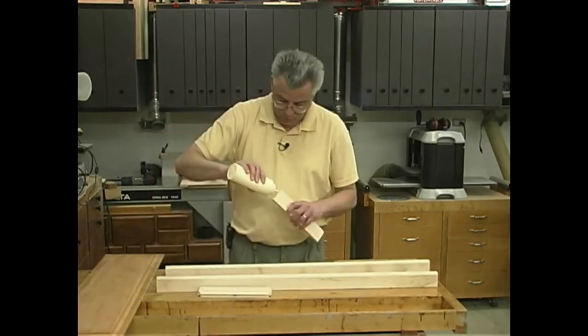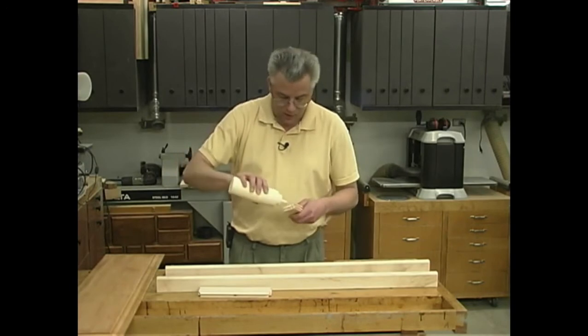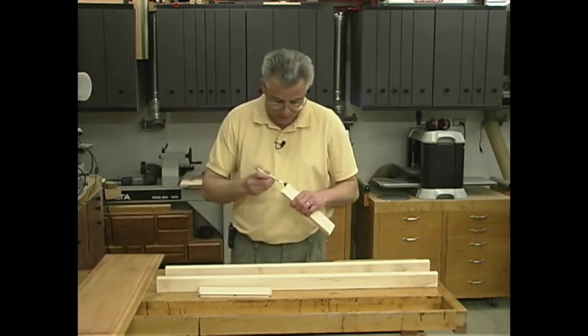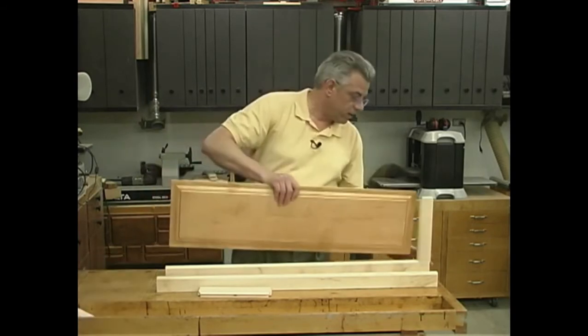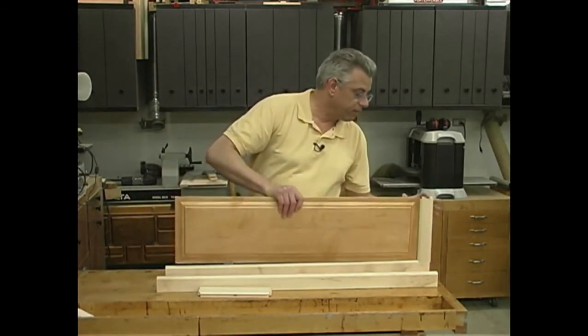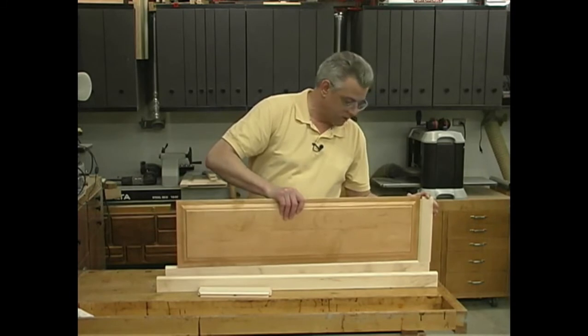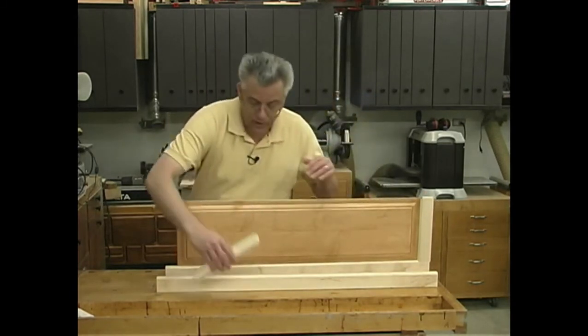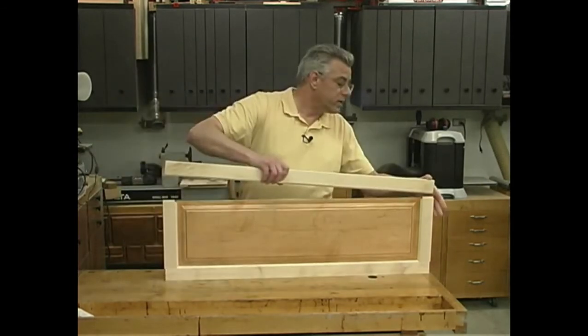Now I will put glue on both pieces. I do want to make sure that I get a good bond, because this joint is really all that's going to hold it together. There will be no additional mechanical fasteners. Stile and one rail together. I'll bring the field panel in. Get that lined up in the groove. Now I'll get the other rail on. Now we can get the other